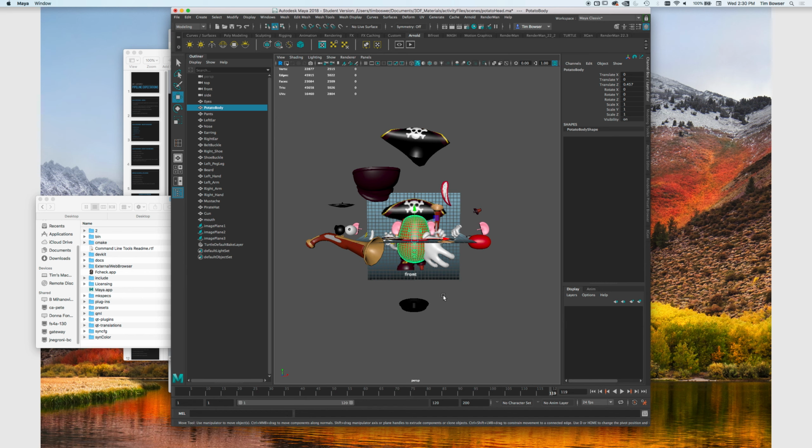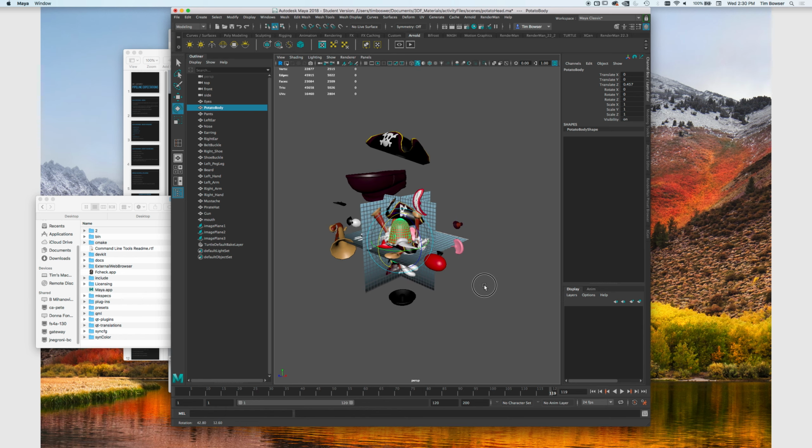So if you have to rotate, just hit E, and then you can grab any one of these to get him rotated in the proper direction. If you make a move that you're not happy with, just hit Command Z, and that will get you back to the beginning. Okay. So now that my images are scaled up to the right size,